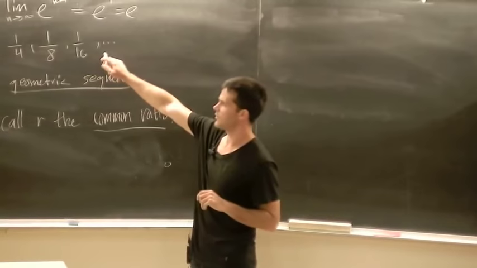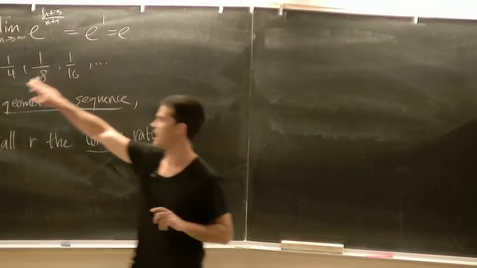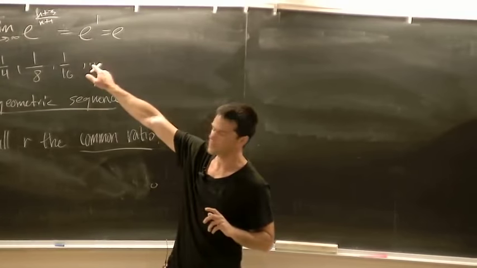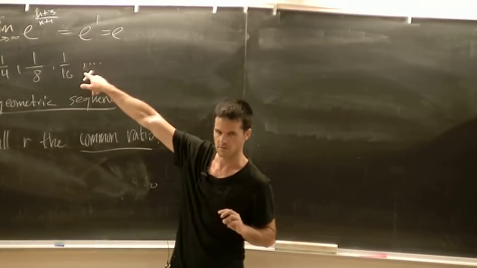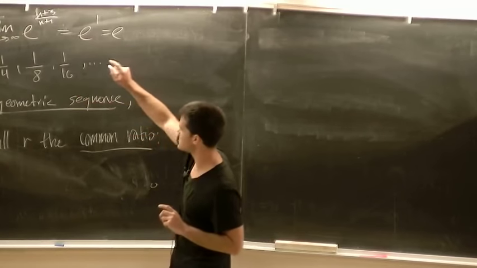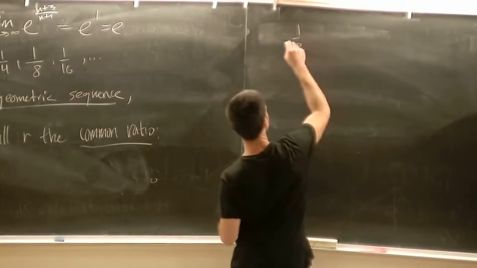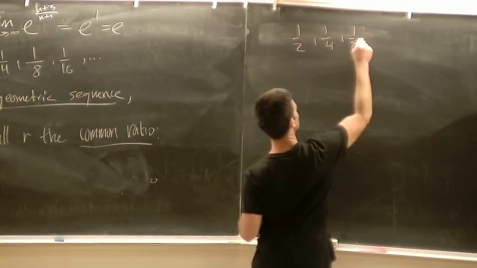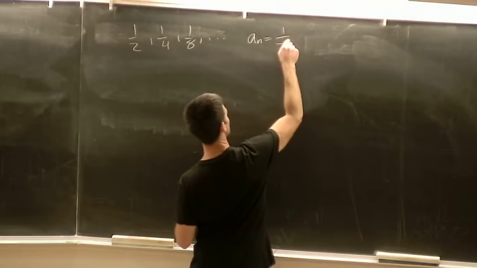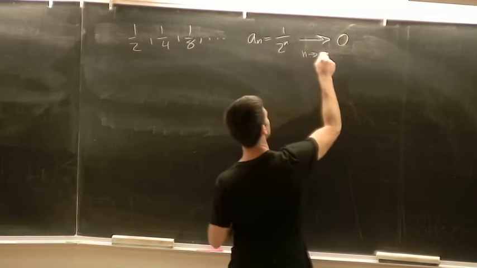Like with this one, the sequence of pizza slices, half a pizza, a quarter of a pizza, an eighth of a pizza. What were these numbers going towards? These are getting to be very, very small slices. So this sequence is going towards 0. 1/2, 1/4, 1/8, and so forth. In this case, a_n was 1 over 2 to the n, and it converged to 0